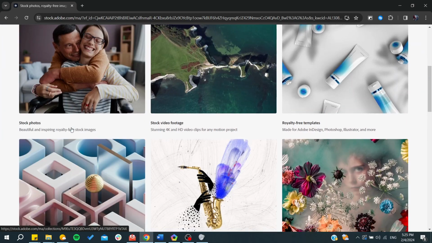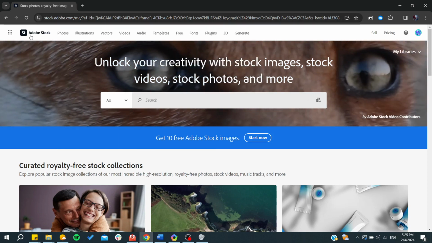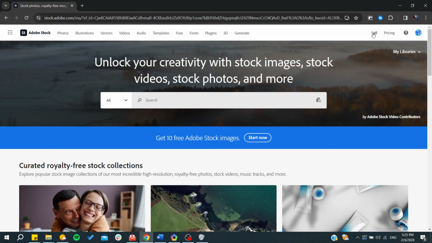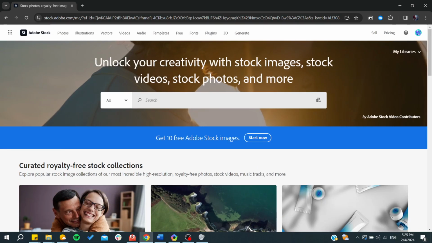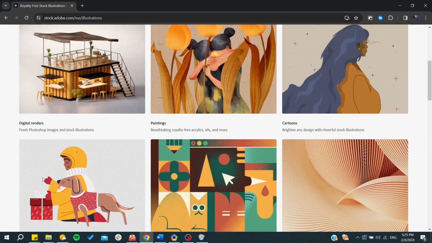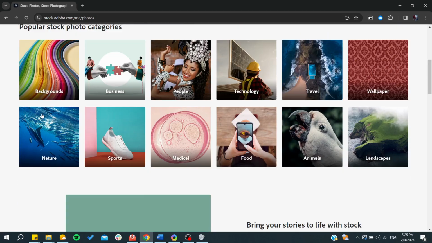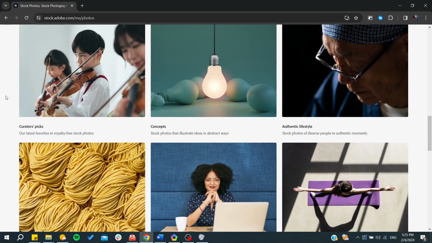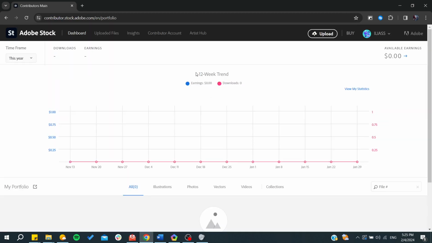After that, here we can see the marketplace or the stock marketplace for Adobe Stock. Then you will need just to go to sell. And here we can sell all the images that you want. So you can see here there are many illustrations, many images, vectors, and you can sell many images that would be good. So basically you will need just to go to sell and then this is our dashboard